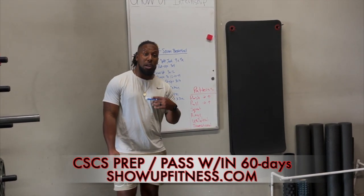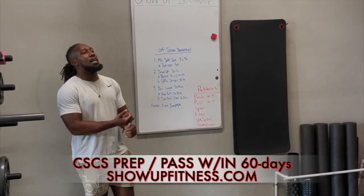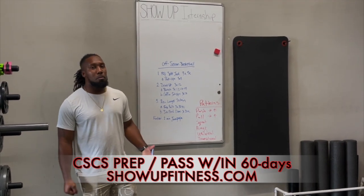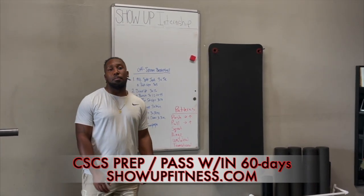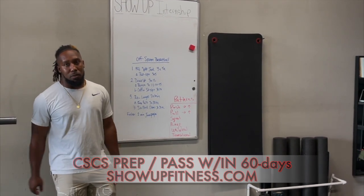So again, you see how we went through endurance, hypertrophy or volume, as well as strength and power in this workout. It's something you can do a little bit more of, especially in the off season when they're not expected to play games. Obviously they're going to hoop, but it's not at the forefront of what they need to be working on right